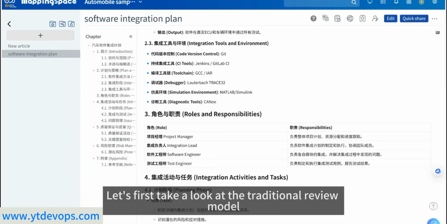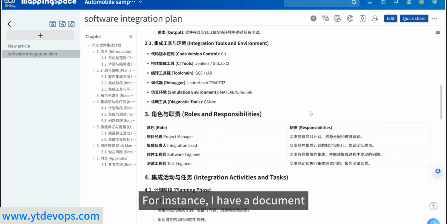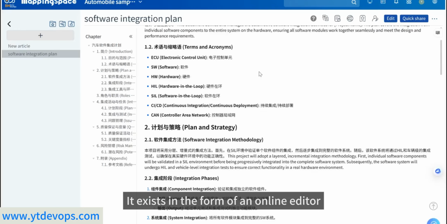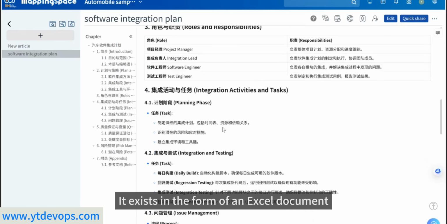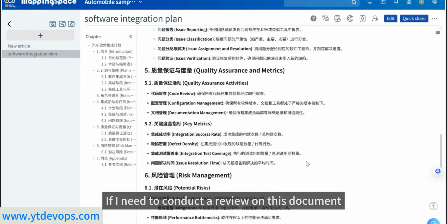Let's first take a look at the traditional review model. For instance, I have a document. It can exist in the form of an online editor. It can also be in a Word document. It can exist in the form of an Excel document. If I need to conduct a review on this document,